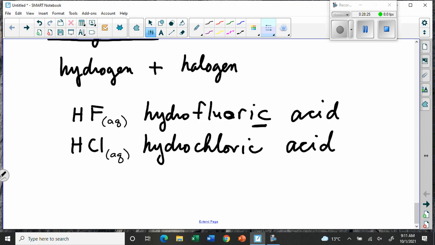But we should have good form when we're learning so we don't learn bad habits and we understand. But this means dissolved in water. So the AQ, aqueous, has to be there to make it hydrofluoric acid. Otherwise, it's just hydrogen fluoride. And it's a little lump of solid material sitting on the desk, and it doesn't do anything. Because the only way you can be an acid is if you go in the water and make hydronium ions.